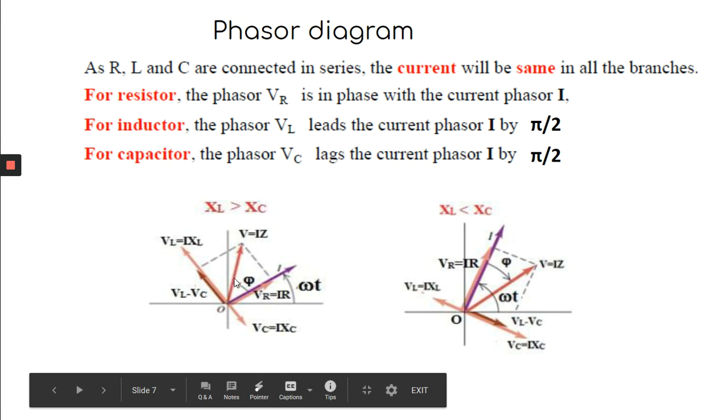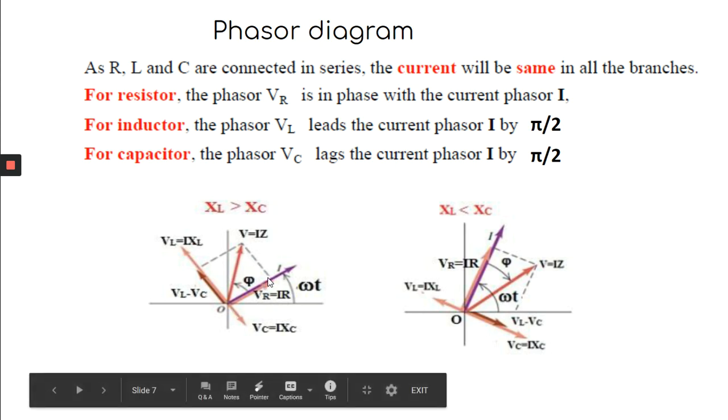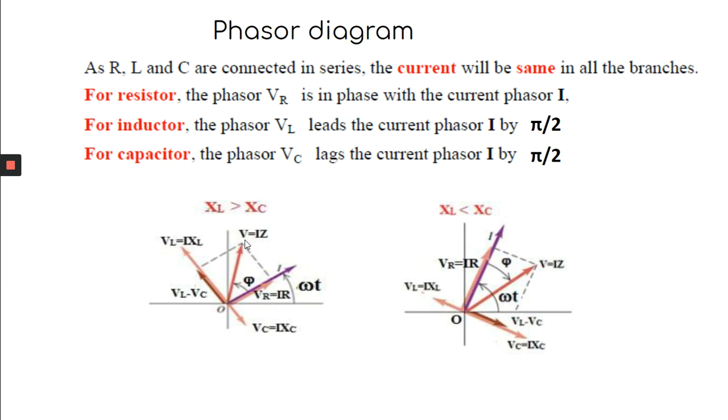Okay. So obviously this is VL minus VC, this is VR. How can you find this? You can use the triangle law. This is VL minus VC. Then imagine a vector here also. This is an equal vector because these two are parallel. The magnitude is the same. So if this is VR, this is VL minus VC, by triangle law this is the resultant. The resultant is V. So this should also be equal to what? The current in the circuit into the resistance of the entire circuit, which is taken as Z.